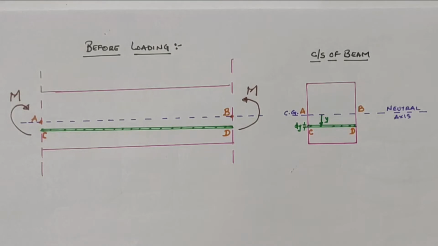Hello friends, today we are going to learn about the derivation of bending stress, or the pure bending equation, for the loaded beam. So first of all, let us assume the cross section of the beam having a rectangular part and the length of the beam as shown in the figure, which is the state before loading and after loading,